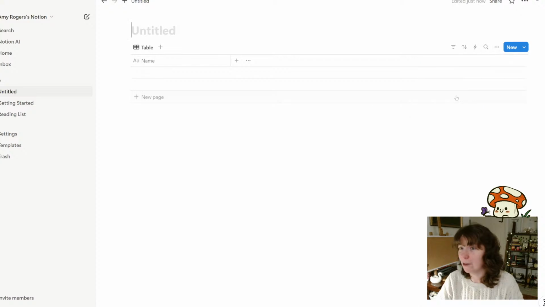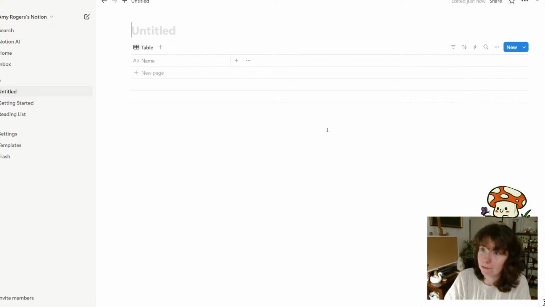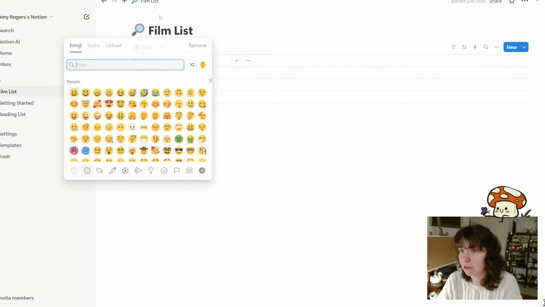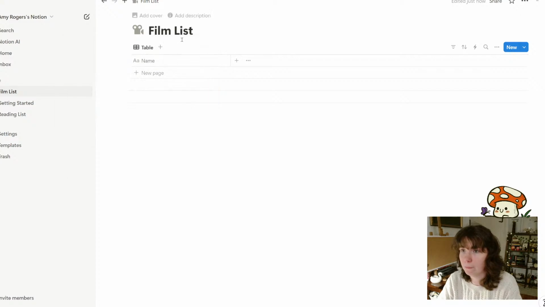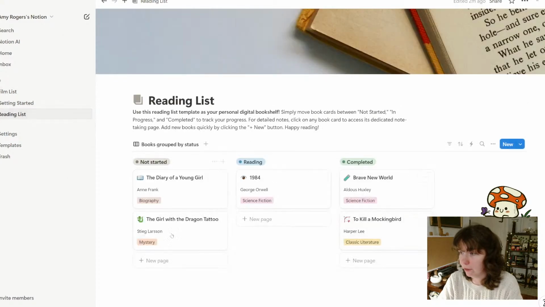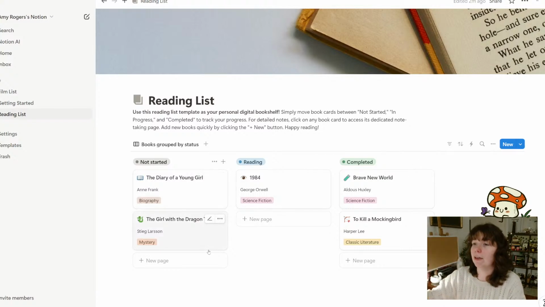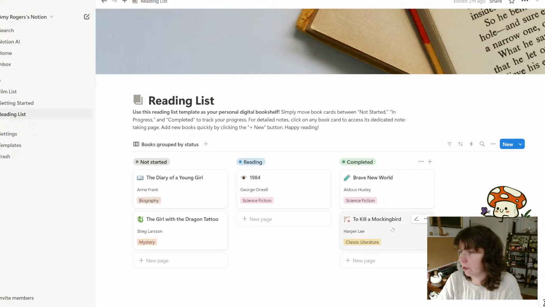So I'm just going to start with an empty database. Oh, it's removed my title. Film list. This one. And I want something that looks a bit more like this. So to be able to keep track of which things I've watched or I'm currently watching. I guess that's not as relevant if you're doing something like a film. Okay, in that case,